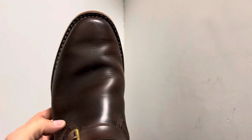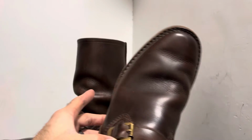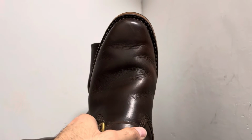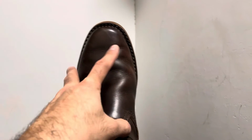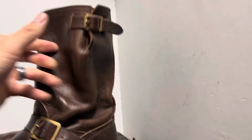And then the other thing is this shape here. A big thing with me, if you watch my videos, is I'm often very concerned about what this is doing here, where your big toe is. And with these, I don't love how they dive in a little bit. It pushes in on your big toe. I'll grab the other boot here. Yeah, it pushes in on your big toe, and